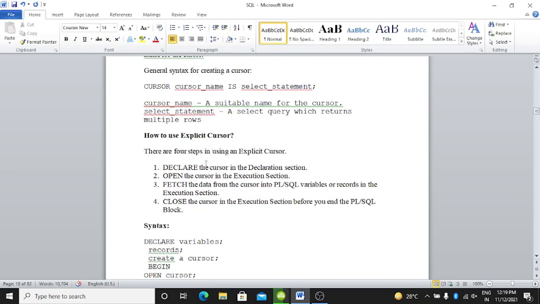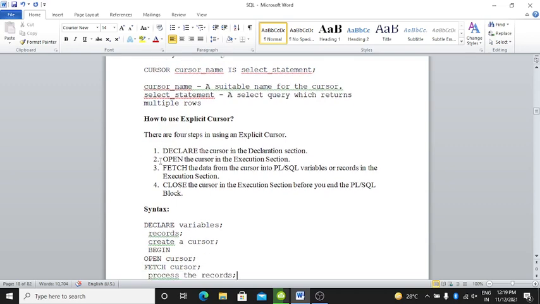There are 4 steps in using an explicit cursor. First, declare the cursor in the declaration section. Then open the cursor in the execution section. Next, fetch the data from the cursor into PL/SQL variables or records in the execution section.